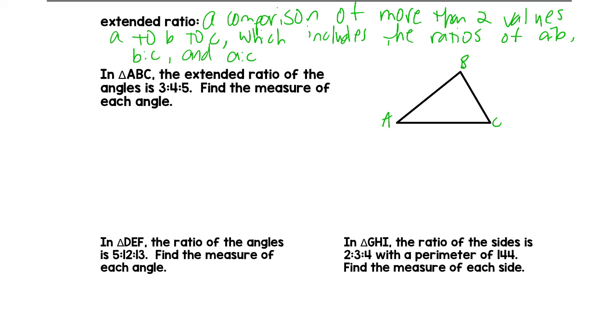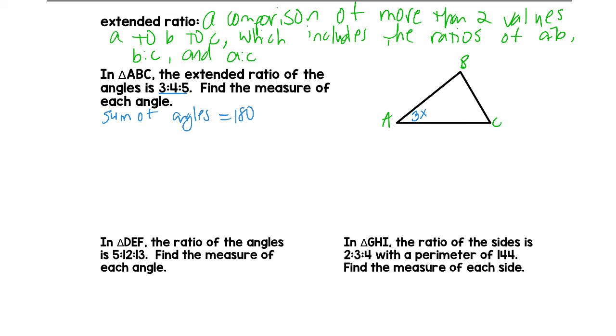The extended ratio of the angles is 3, 4, 5. Find the measure of each angle. Well, what do we know about triangles? We know that when we add the angles up, the sum of the angles, we get 180. And if the ratios between these angles is 3, 4, 5, that means I can describe them